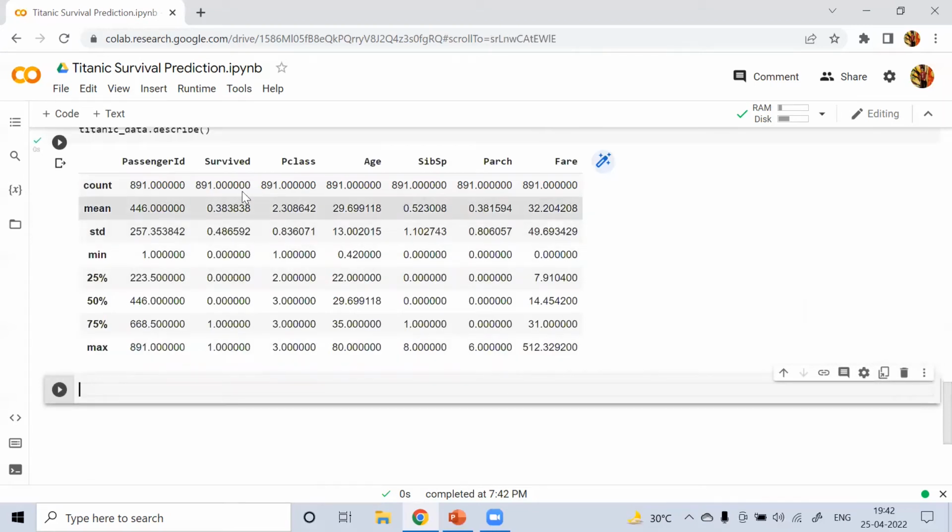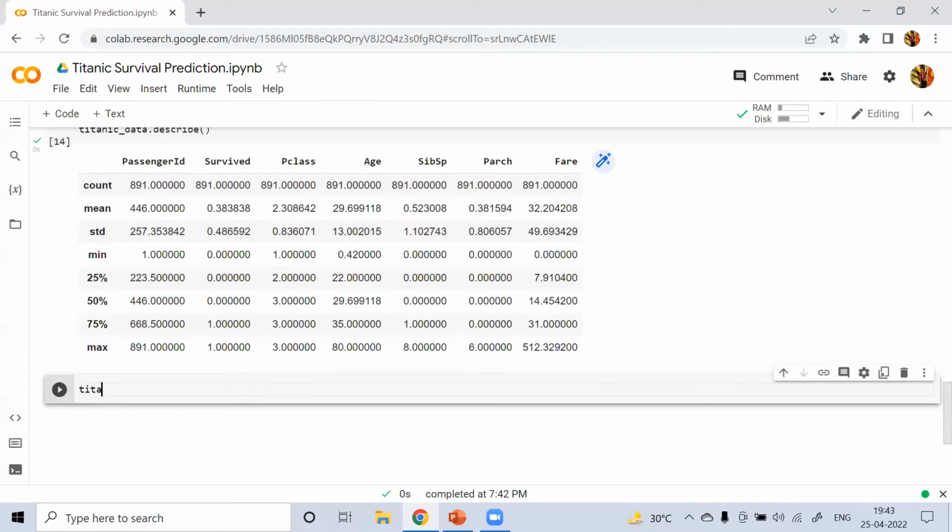You can see, for all the numerical columns, the count, mean, standard deviation, minimum, 25 percentile, 50 percentile, 75 percentile, and maximum of each column.